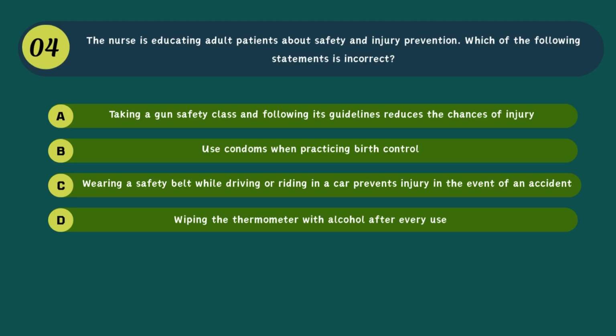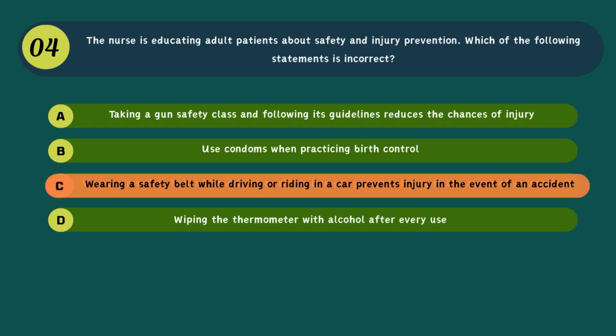A. Taking a gun safety class and following its guidelines reduces the chances of injury. B. Use condoms when practicing birth control. C. Wearing a safety belt while driving or riding in a car prevents injury in the event of an accident. D. Wiping the thermometer with alcohol after every use. Correct answer: C. Wearing a safety belt while driving or riding in a car prevents injury in the event of